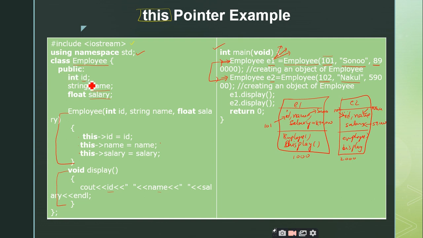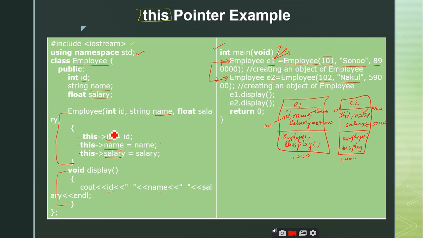Here you can observe that the names of the data members of the class and the names of the parameters are exactly matching: id, name, salary, right? In such a case, you have to distinguish the object's id from the parameter passed by the user. Similarly, you have to distinguish the name which belongs to the object from the name accepted as a parameter from the user. Similarly, the salary.